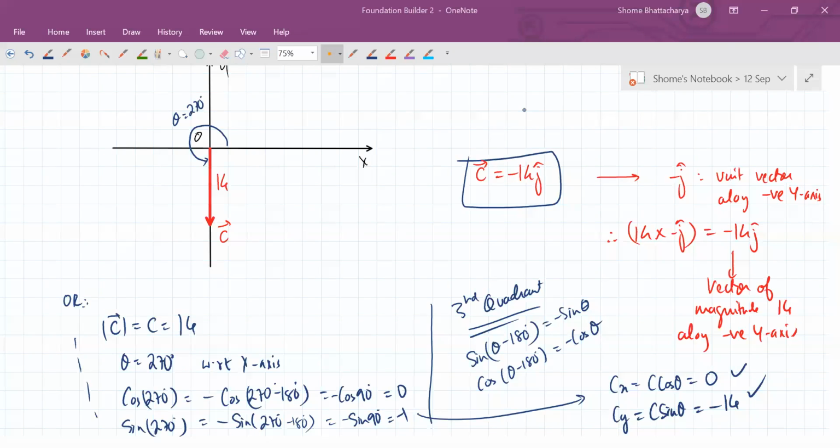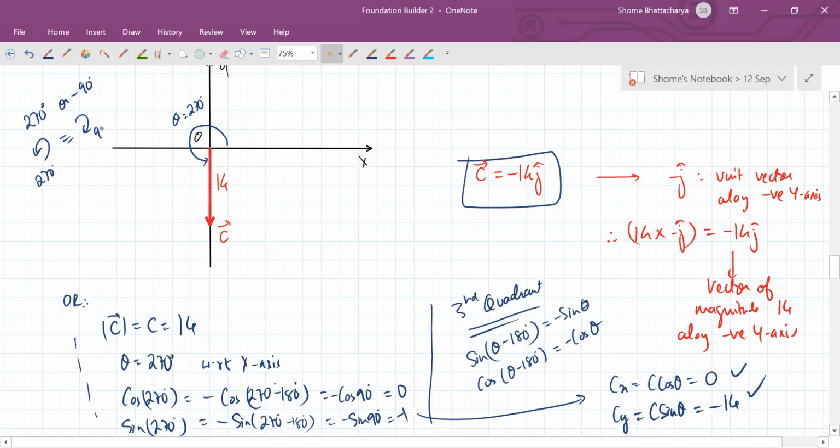270 होता है ना, 90 plus 90 plus 90, third quadrant. Okay, see this angle of 270 degrees, you can also write it as minus 90 degrees. Anti-clockwise angle of 270 is the same thing as clockwise angle of 90. Now anti-clockwise is always written with plus sign and clockwise is always written with minus sign. So by your trigonometry concepts you should know this thing, that cos of 270 is the same as minus cos of 90 is the same as 0, whereas sine of 270 is the same thing as minus sine 90, which is minus 1.